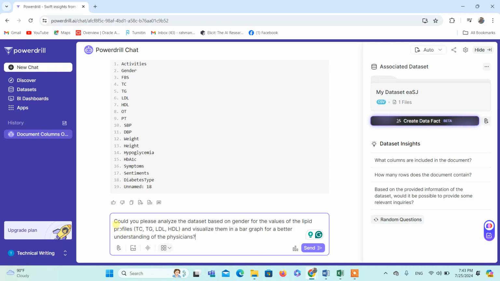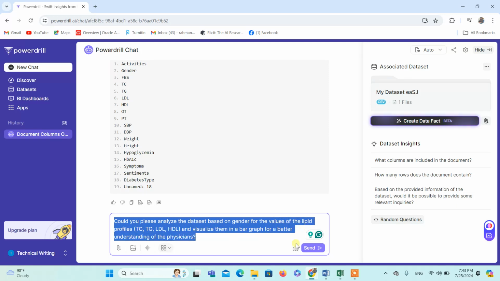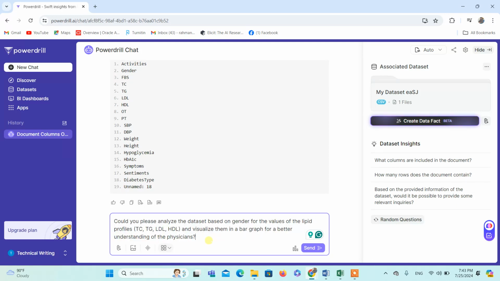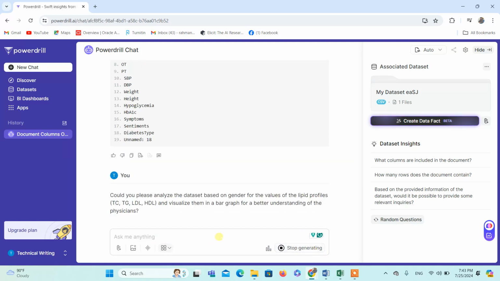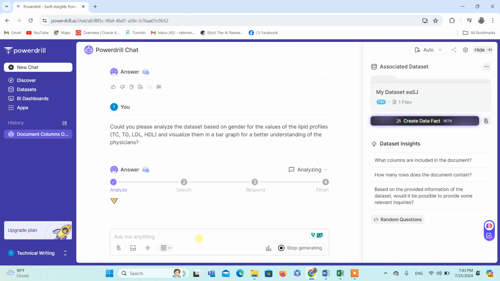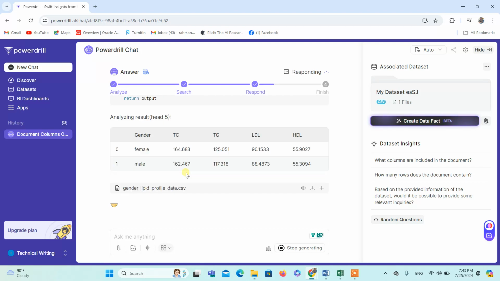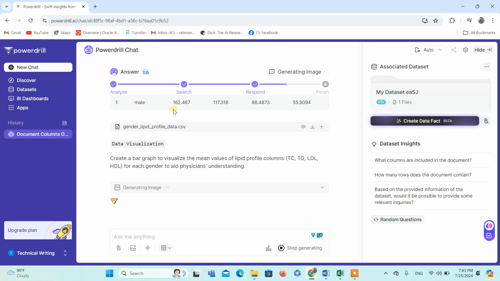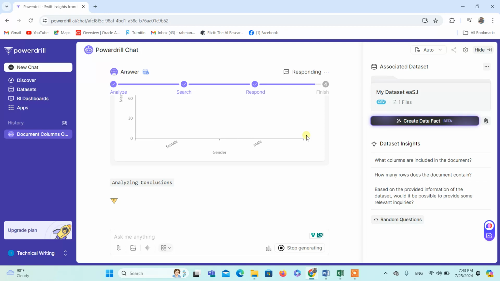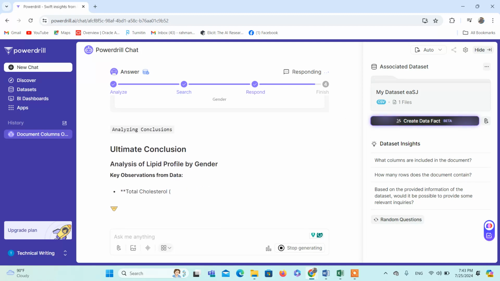Now I'm asking a question: could you please analyze the data set based on the gender for the values of the lipid profile and visualize them in a bar graph for better understanding of the position. So when I ask this question, it will go and analyze this data set for this particular kind of query, and generate the Python code for it, and then it has analyzed this data, and it has generated